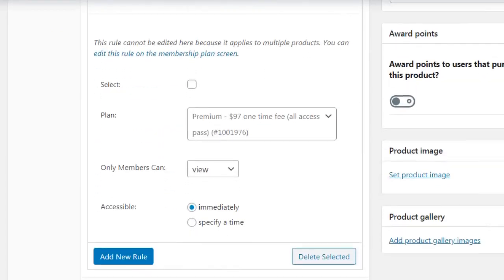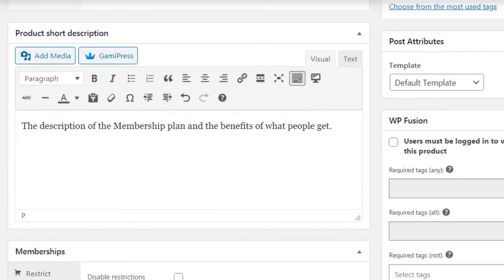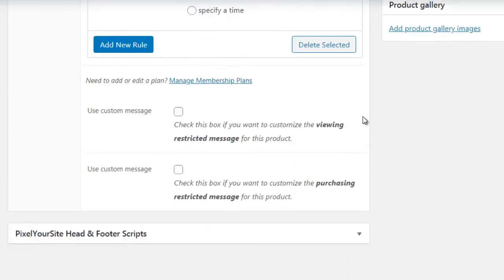So what we want to do is add a new rule, select that, and select the plan. In this case, we're going to just choose premium. And then of course, only members can view or purchase. So what that means is only members of this can purchase this product. So we are going to simply click view because we don't want that to be the case, and they have accessibility to it immediately. So we're going to add that rule,